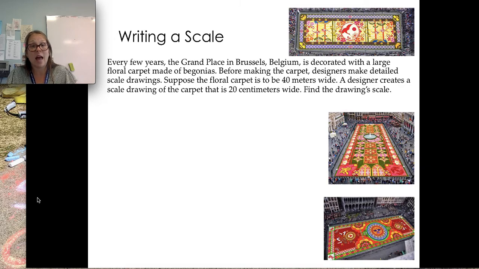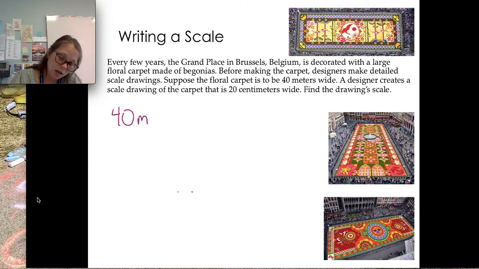Riding a scale. Every few years, the Grand Place in Brussels, Belgium is decorated with a large floral carpet made of begonias. Before making the carpet, designers make detailed scale drawings. Suppose the floral carpet is to be 40 meters wide. A designer creates a scale drawing of the carpet that is 20 centimeters wide. Find the drawing scale. The ratio they've set up for us is that 40 meters on the real carpet compares to 20 centimeters